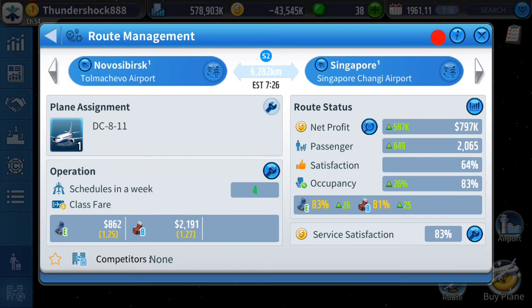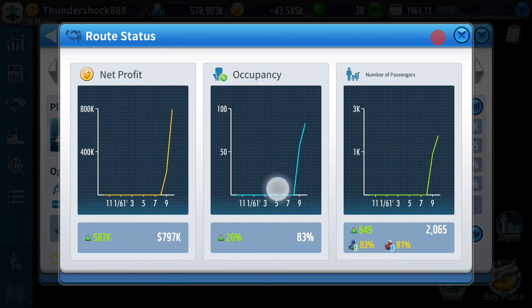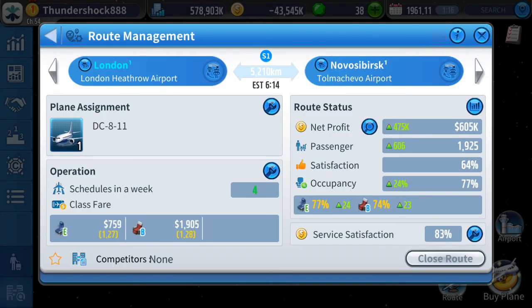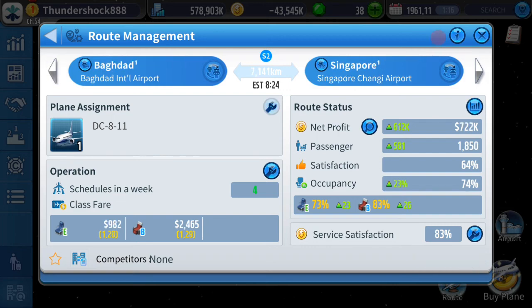See, this route is making good money. This route is making good money, even though they're not even full yet. Like, these routes have only been around for 2 turns. They're already doing better than a route I've had for a long time, like London to Mumbai, because the price is too high. So what I'm going to have to do is I'm really going to have to tinker a